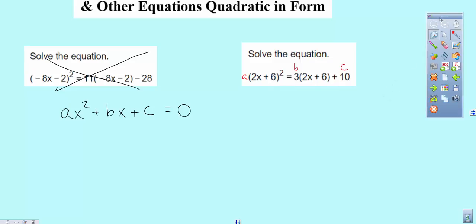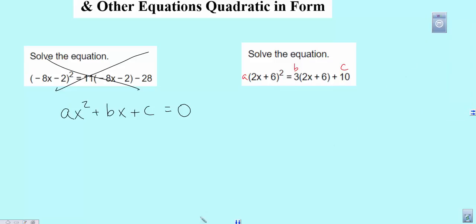So the way that we can solve this to be the most efficient is we can use substitution. So let's use, for example, the letter T. Let's say that we're going to let T be 2x plus 6. So when we come across this equation, it now becomes t to the second power is equal to 3 times t